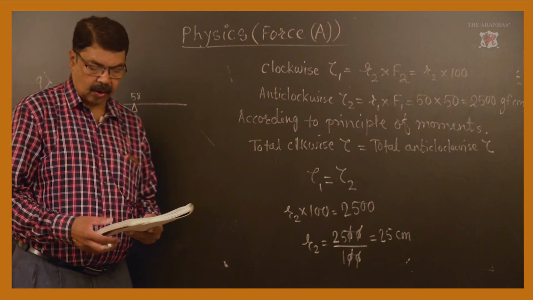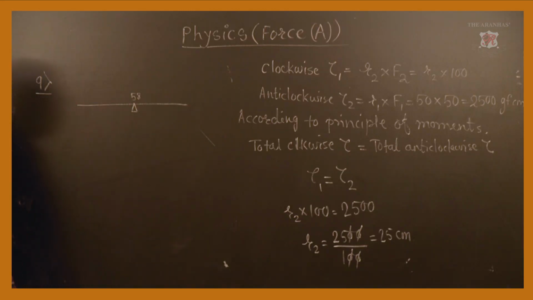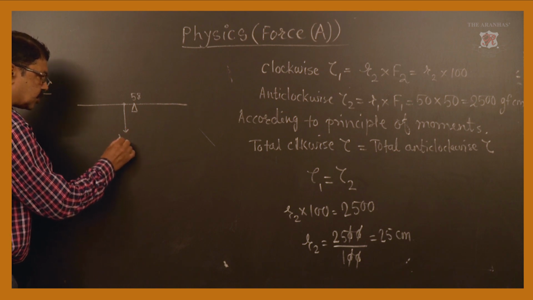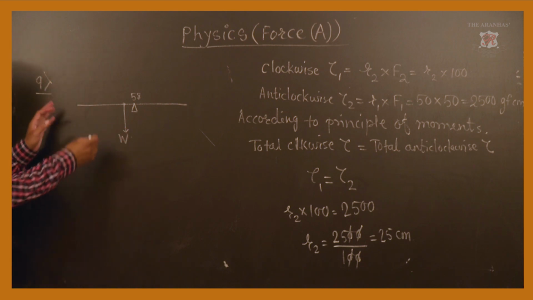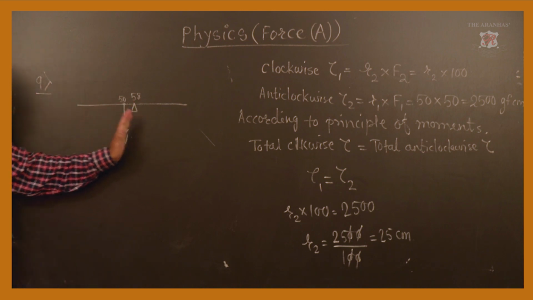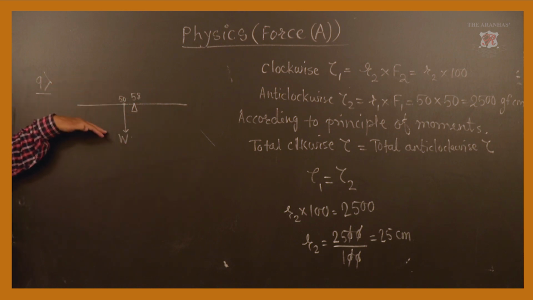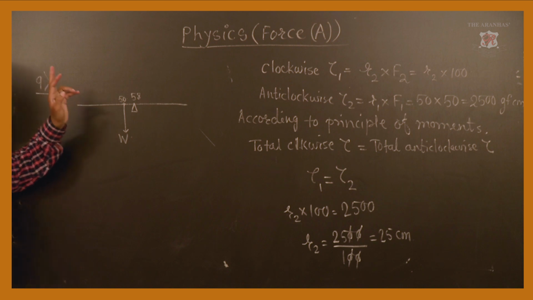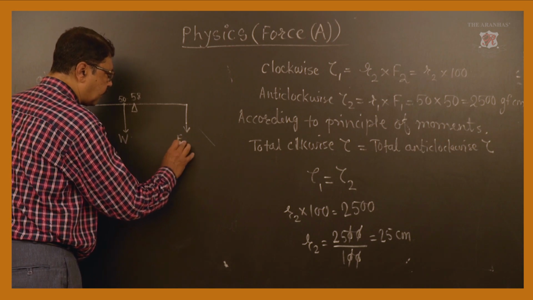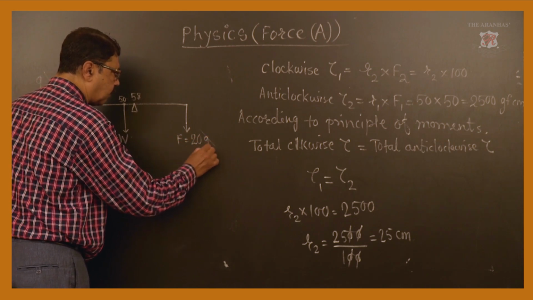Now, you have to use the logic. Only 20 gram force weight is attached somewhere at one of the ends. Which end will you select? Where is the weight of the scale acting from? It is acting from the 50 centimeter mark. This is the weight of the scale. From the midpoint it is acting, so this is 50 centimeter. This force lies on the left hand side, which is going to cause anti-clockwise movement. So, I will have to attach 20 gram force at this end. I will call this F equal to 20 gram force.